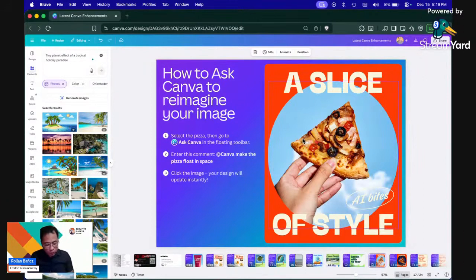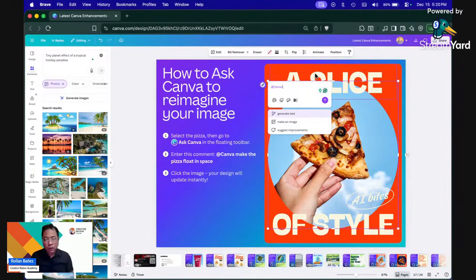So what I can do right now is click on the image of the pizza itself. And then what we can do right now is let's click on Ask Canva. Let's click on that. And what happens is that I can easily talk to it. Let's say, make the pizza float in space. So what happens here is that it has an agent, or AI agent, inside of Canva, in which